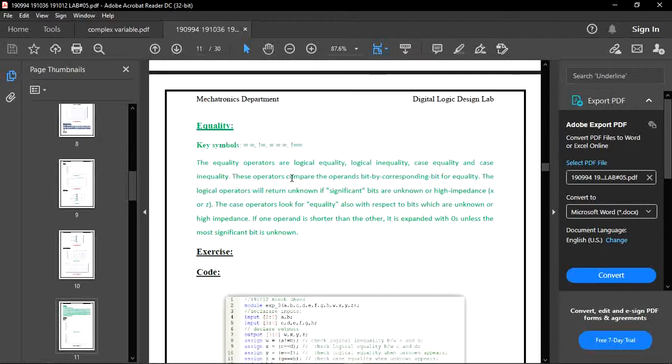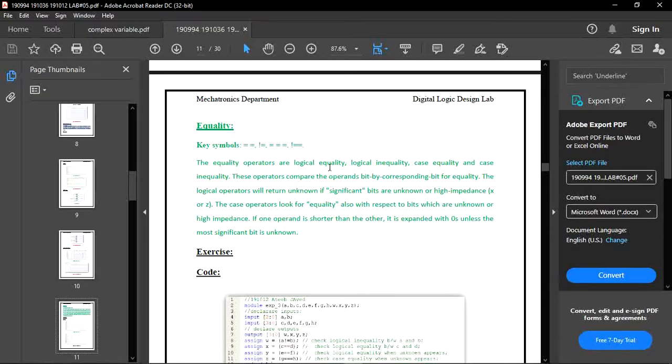So now we are moving toward our equality operators. Now you can see these are all our key symbols for equality. So the equality operators, you can see double equal, exclamation equal, then these three equals, and exclamation then double equal. So these symbols are for logical equality, logical inequality, case equality, and case inequality. You can see by writing and by practicing it.